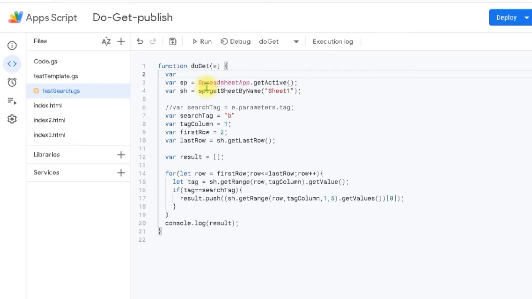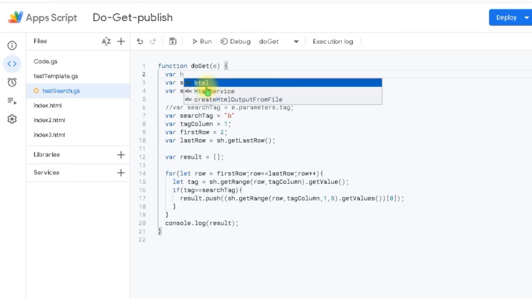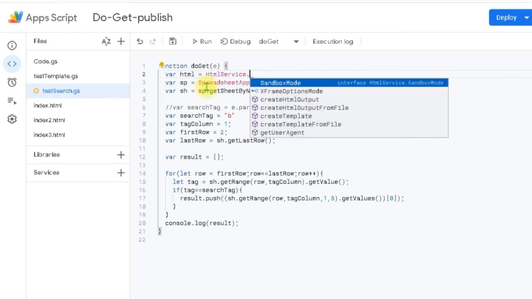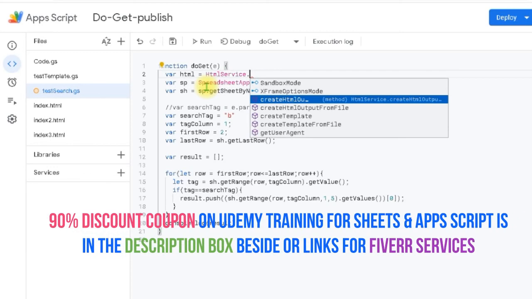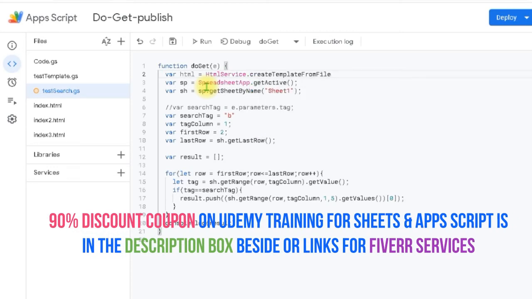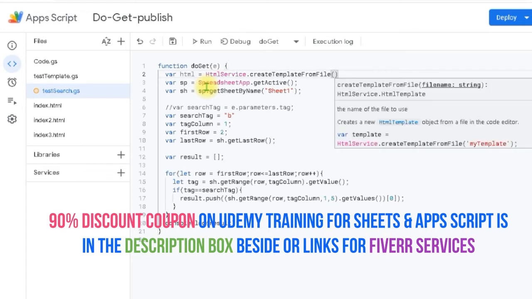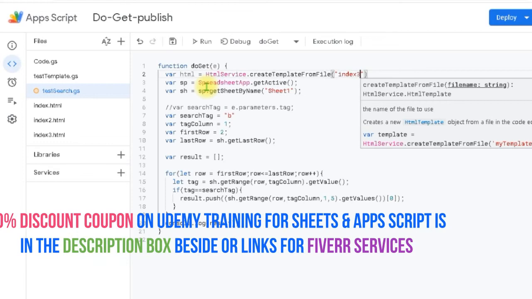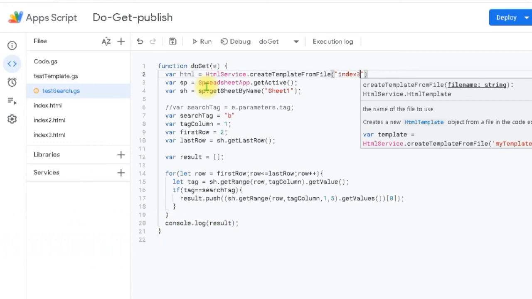So we made the logic and then we make the other part of the logic, which is going to convert it into a web app. So I need to define an HTML, which will be HTML service dot create output. I need to create a template from file because I'm going to substitute values inside it, and I'll use the index 3 file. Okay, so it will come to index 3,